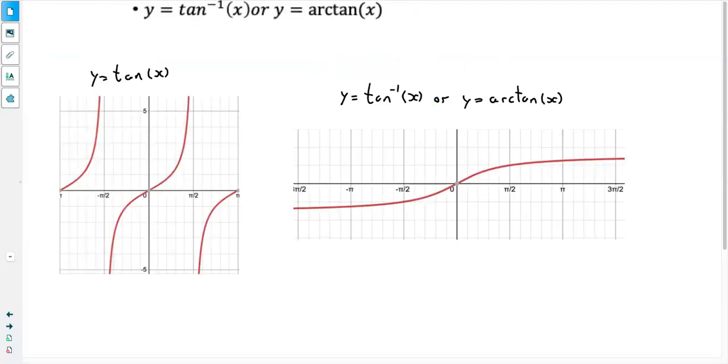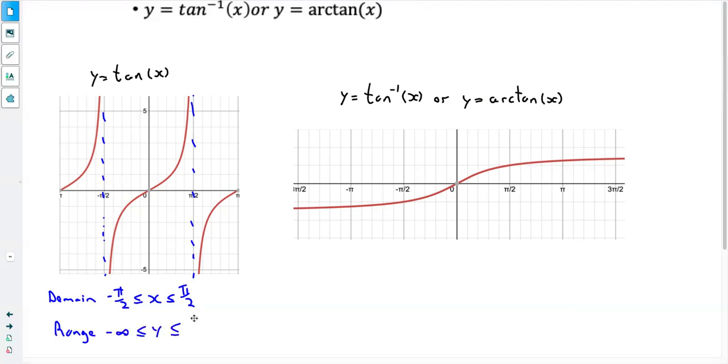Okay, next trig function is tan. So we've got tan⁻¹, or y equals arctan x. To restrict this original so that this new one's a function, we're going to restrict it based off of our vertical asymptotes here and here. So we'll say our domain is from -π/2 to +π/2, while our range goes from -infinity to +infinity,